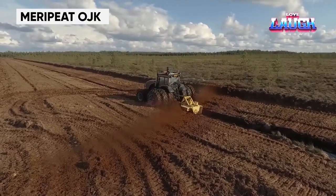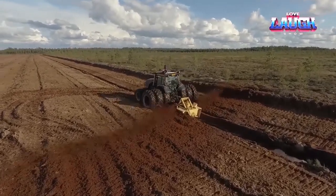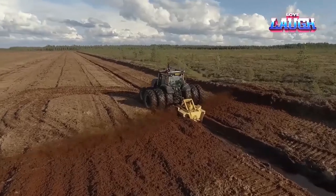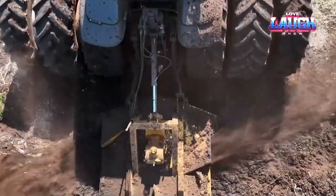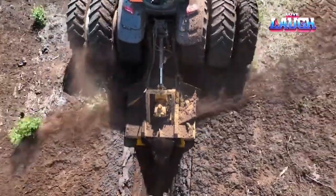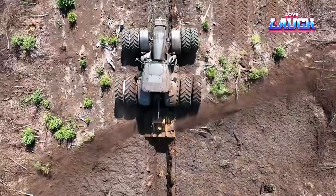Mary peat ditchers are engineered for large-scale peat production operations, capable of digging ditches up to 48 inches deep and 10 feet wide. With their powerful engines and robust cutting heads, these machines effortlessly transform peat bogs into productive landscapes,